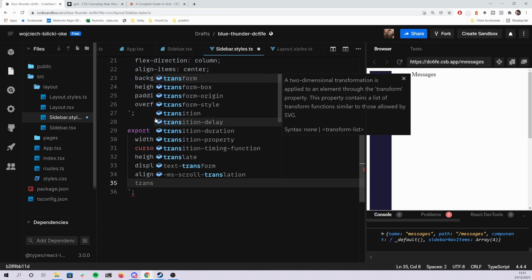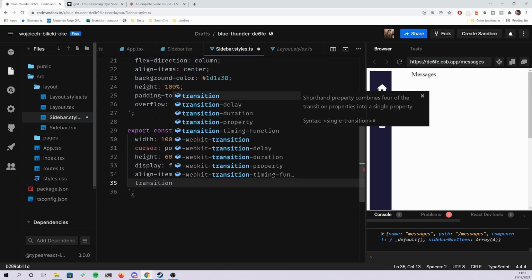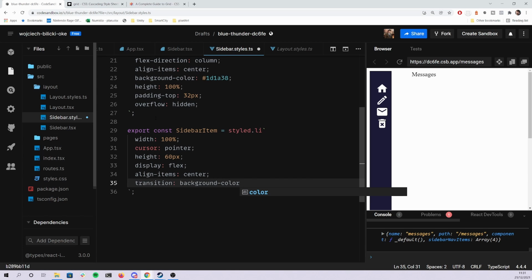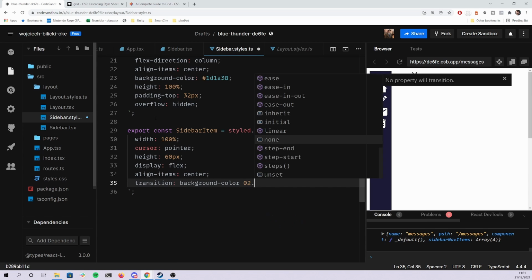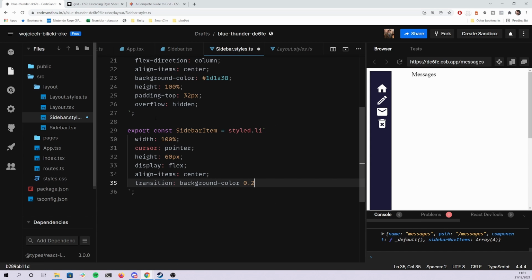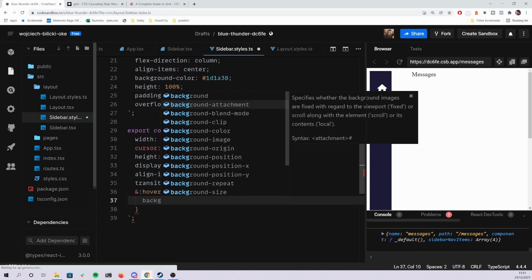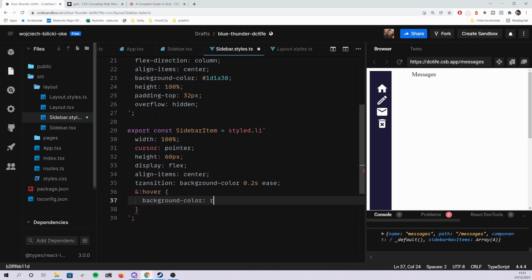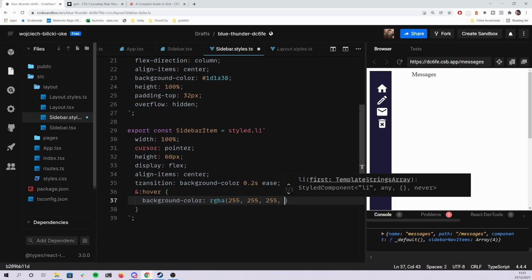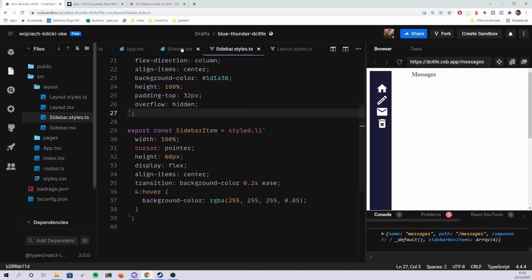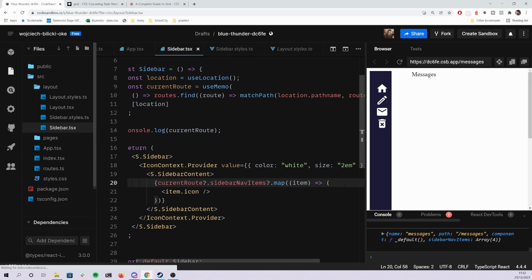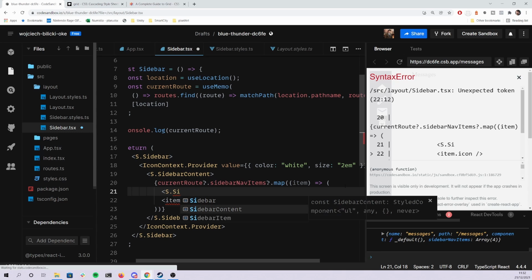We're gonna transition background on hover, so transition background color, and on hover change the background color to RGBA 255, 255, 255. Okay. And use it, of course. So sidebar item,